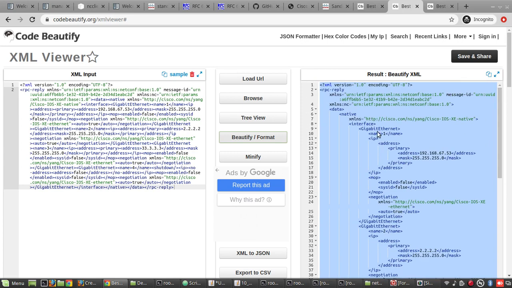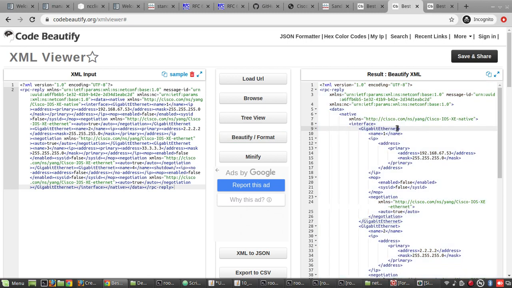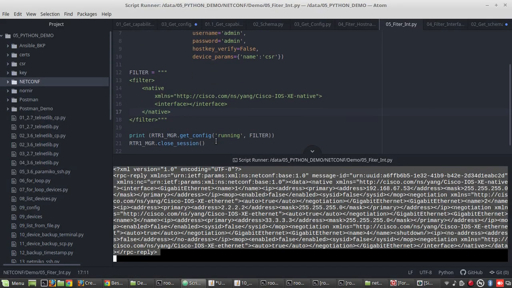Now if you want to filter a particular interface, you can again add a filter here. And inside that I'll give the name of the interface.